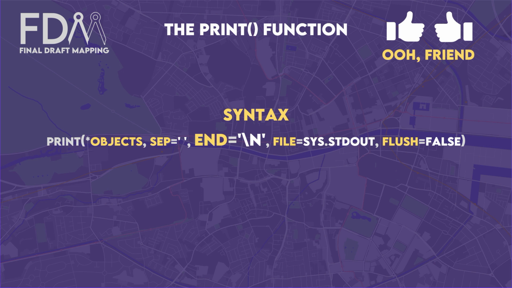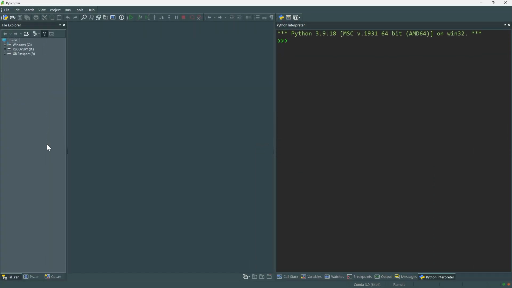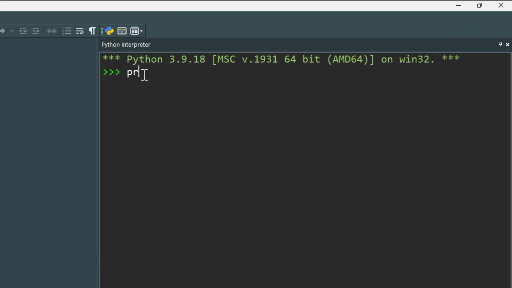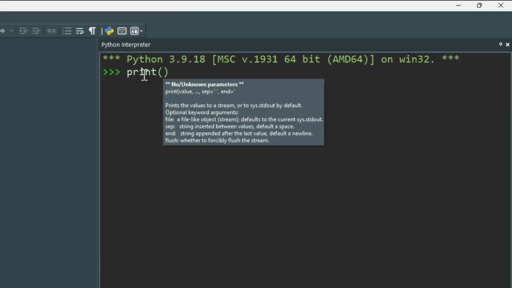So now we have a description of the print function and an understanding of its syntax. Let's head over to PyScripter and see it in action. Okay, so we are in PyScripter here, and in the Python interpreter window we are going to type print and the parentheses. And we can see here that PyScripter has popped up some information about the syntax, which we already know about. The usual initiation into programming is to print hello world to screen, but because we're a little different, let's print hello